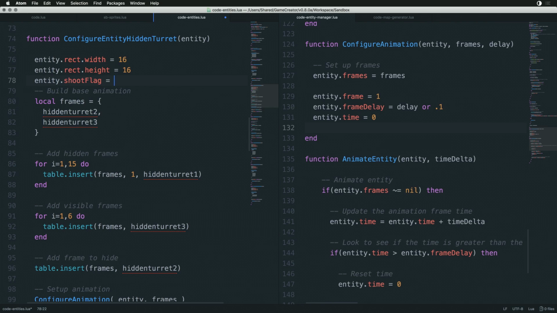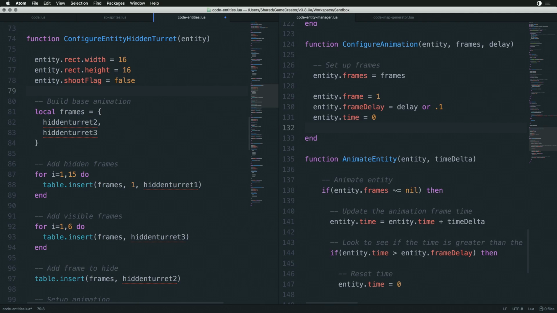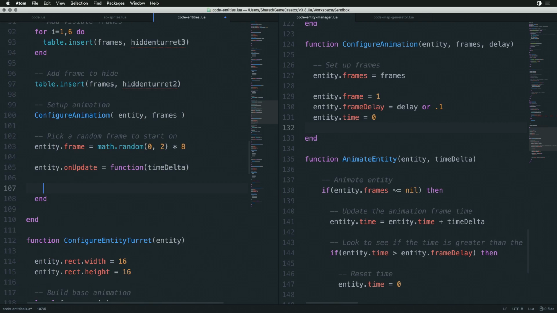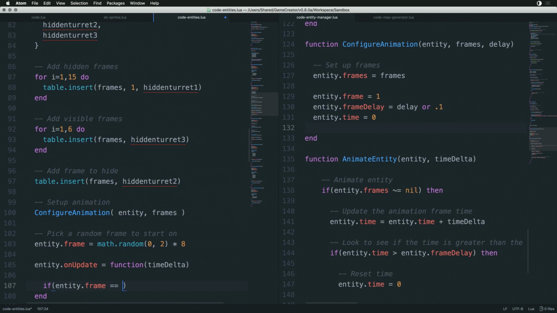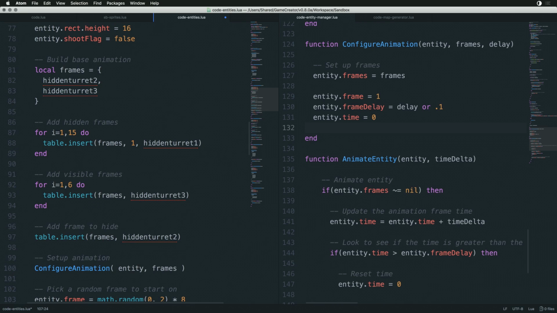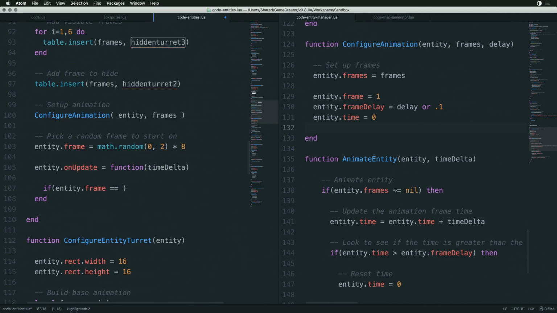What we're going to do is create something called an entity shoot flag equals false. And what we want to do is this. On update, if entity.frame equals, let's see, we're going to have to count this up now. So this is 15, 16, 17. If frame equals 17